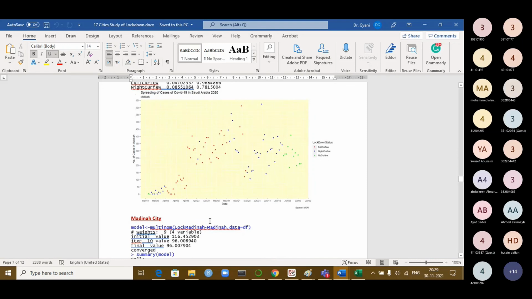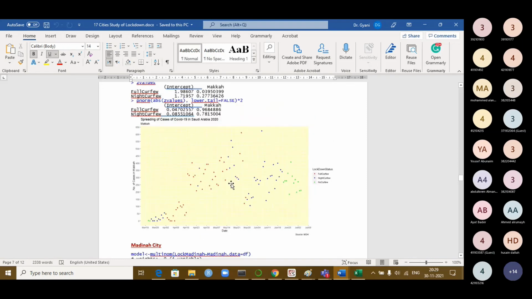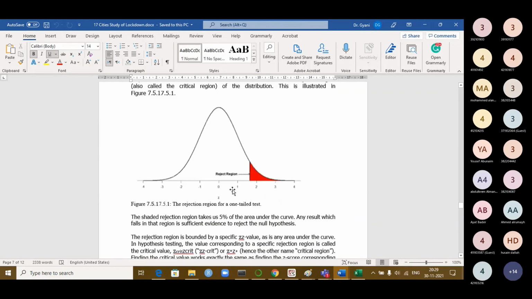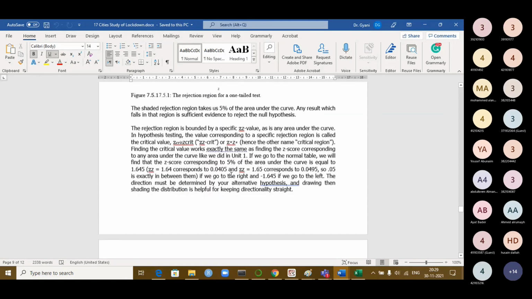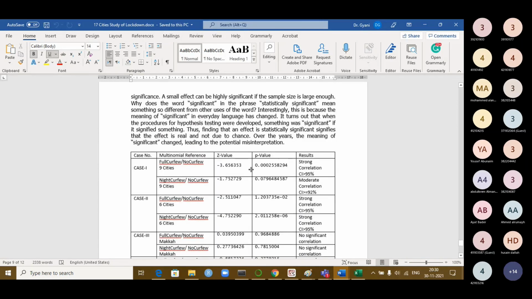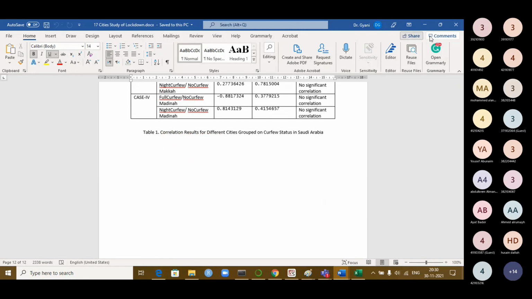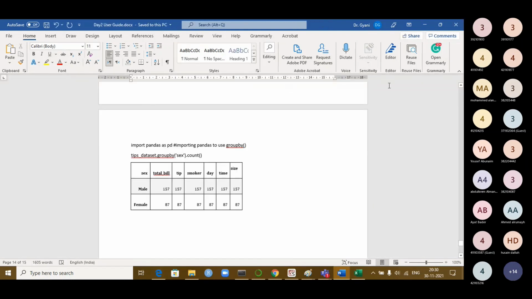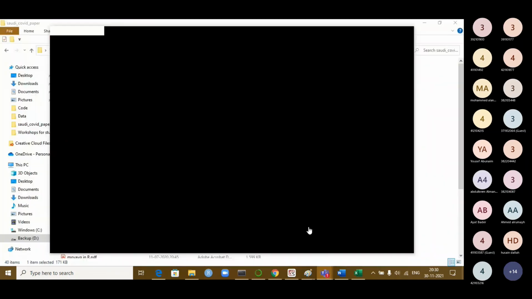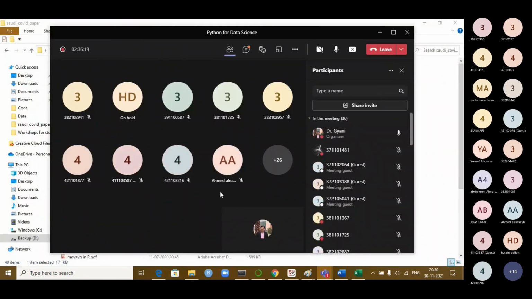Sometimes these relations are not clear or drastic. Even with the lockdown, cases sometimes improve. This is the way to identify the correlations. This is a rejection region for one tail. These are some of the statistical tests. So this is the correlation we have. Based on your interest, you can download the corresponding dataset and start analyzing it for your own interest. So this is what we have done, some of the case studies today.